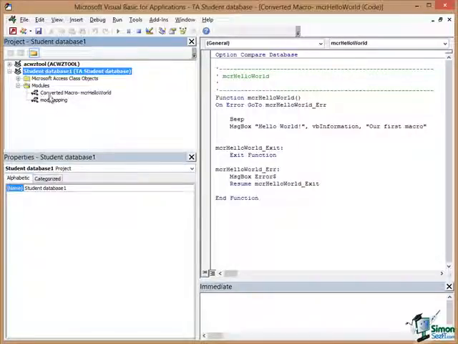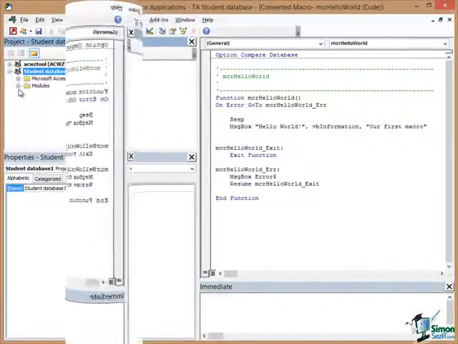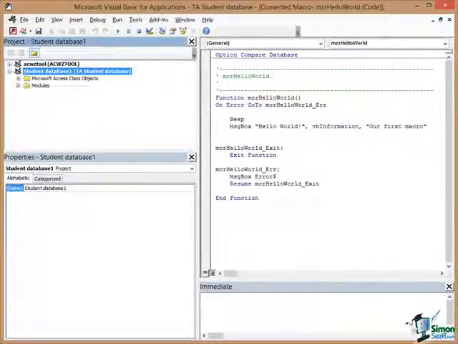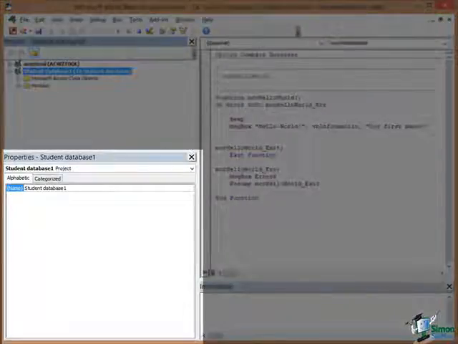There are two modules. There's something called Converted Macro MCR Hello World. You might be able to guess what that is. And another thing called Mod Mapping. Let's collapse that down. Now by default, below the Project Explorer we have the Properties window, and the Properties window